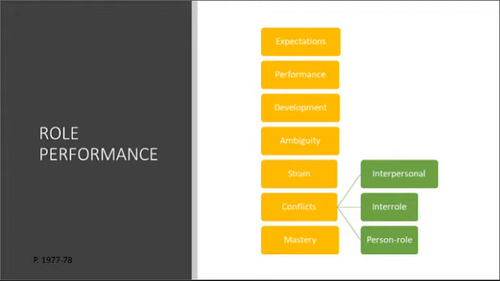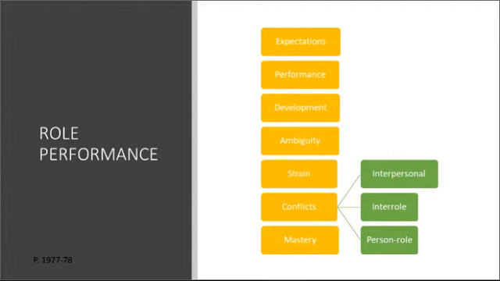Role development, teaching and modeling needed for role behavior includes socialization of individual preparing for a role, which is a huge job of the nursing faculty in your role development. Role ambiguity, lack of clarity about expectations, behaviors, or demands of role, which hopefully you are not having as a student. Hopefully we are giving you clear guidelines. Role strain is feeling not capable of fulfilling a role, which I think all nursing students go through, and then you get to that level and then you strain again and you get to the next level.